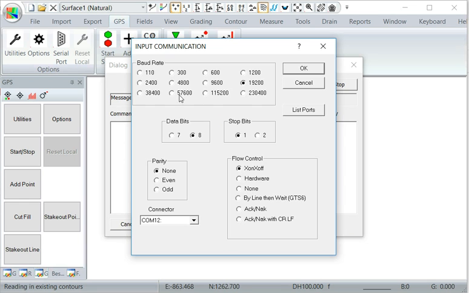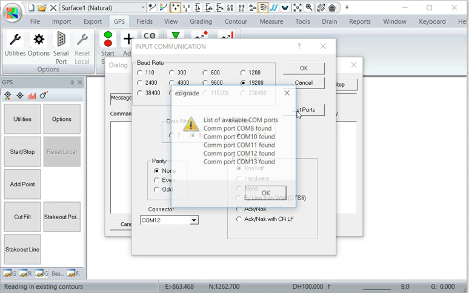normally you've got to set up your serial port to the right baud rate, etc. But if you come in here, the first thing we've got is something called List Ports. If you click on that, it goes through and tells you what serial ports are available. So if you're not sure what port your computer's using, disconnect your GPS and run this and note what COM ports it finds, then start your GPS and run it again and you'll see the extra COM ports. In this case we know we're using COM port 12,